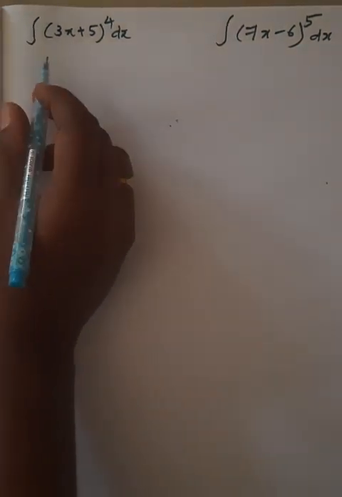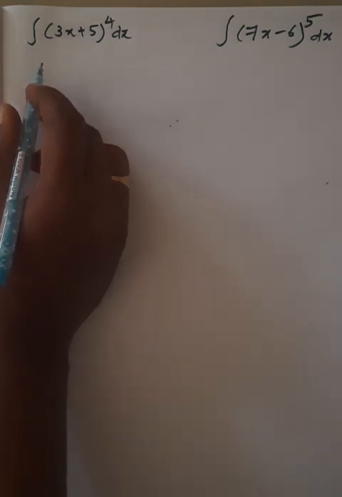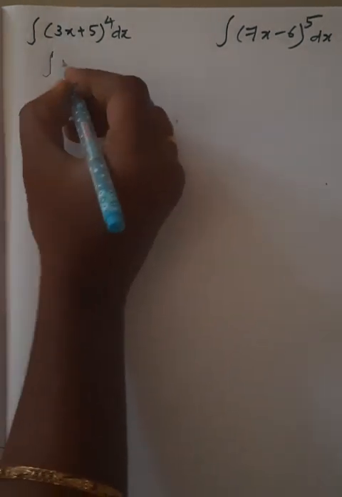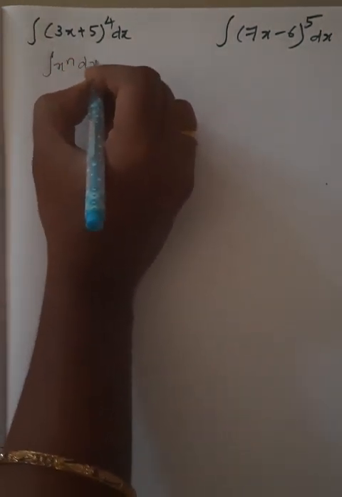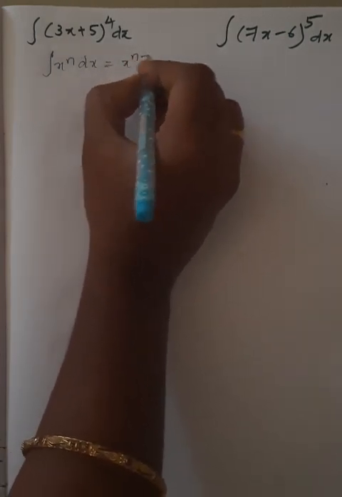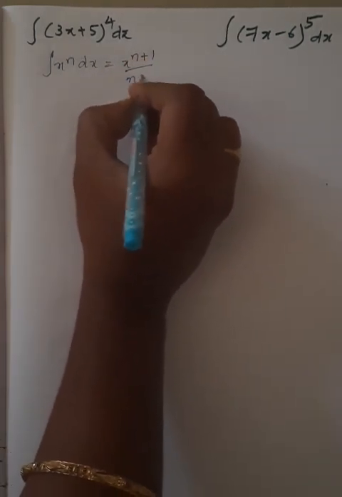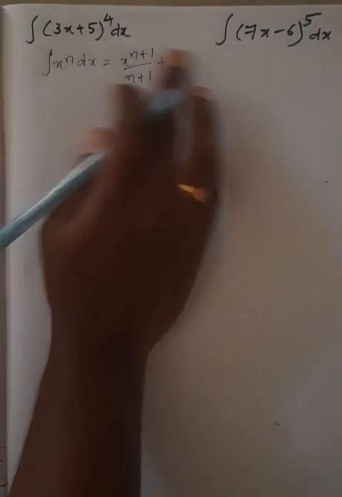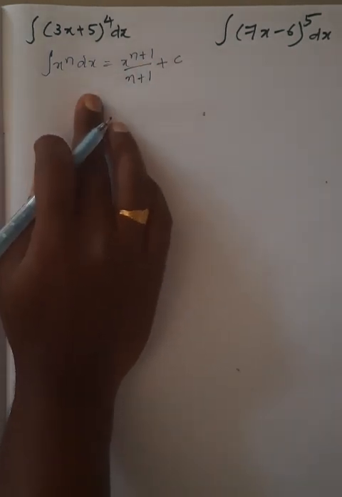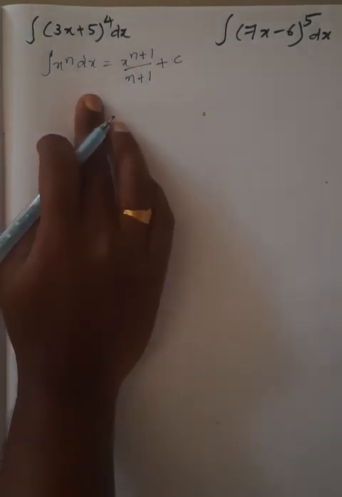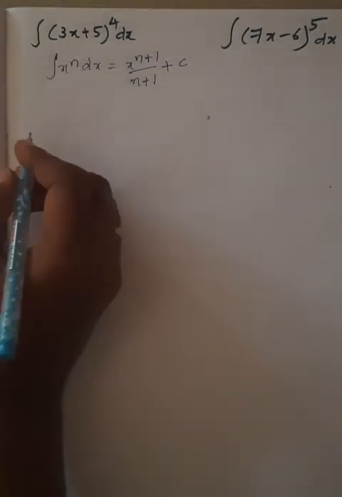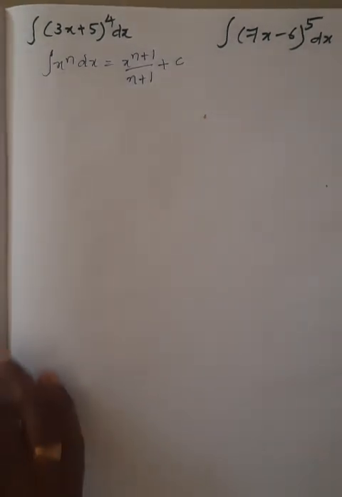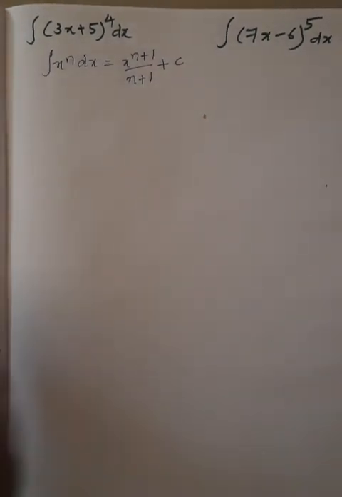Here our first question is integration of (3x + 5) whole power 4 into dx, which is of the form integration of x^n dx equal to x^(n+1)/(n+1) + c. So for these 2 questions we have to use only one standard result, which is integration of x^n dx is equal to x^(n+1)/(n+1) + c. So by using the working rule we have discussed earlier, we have to